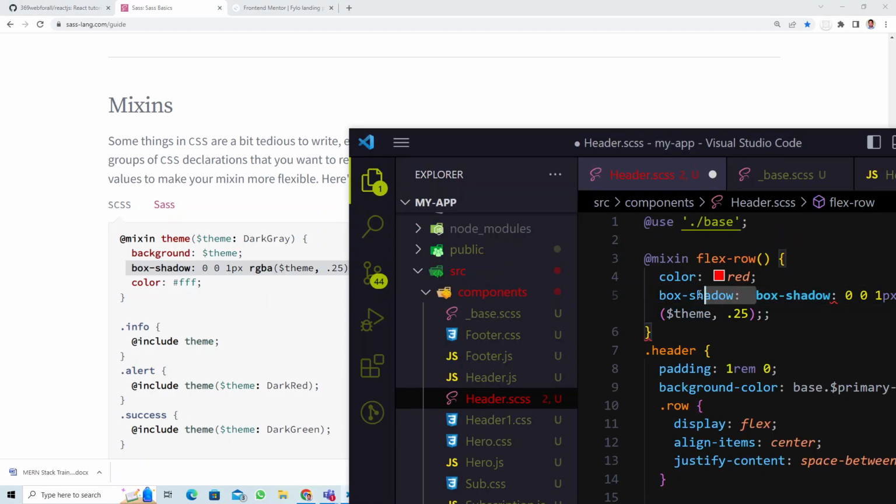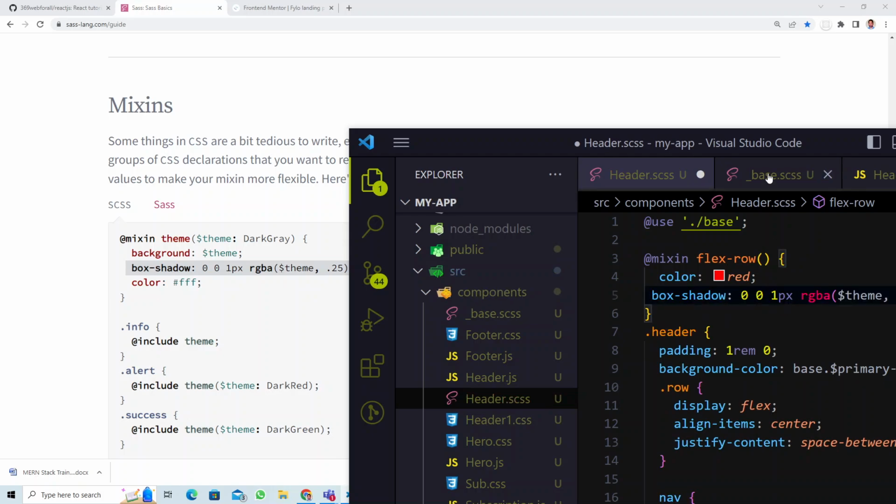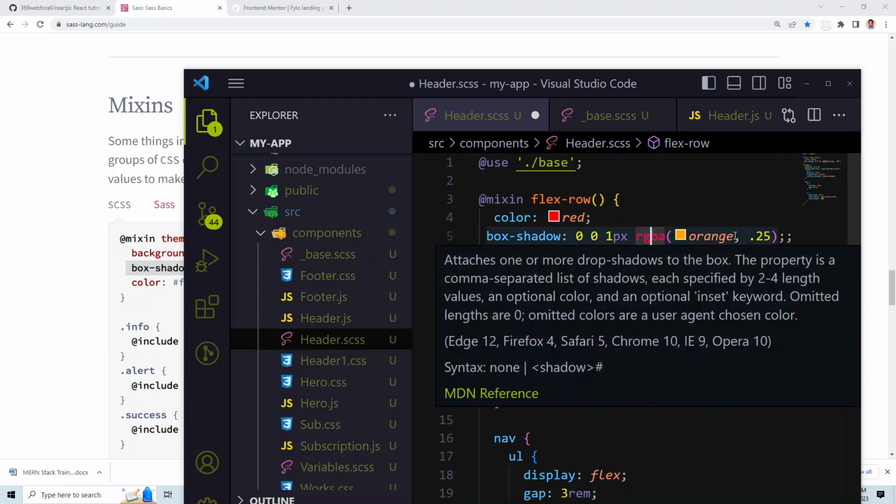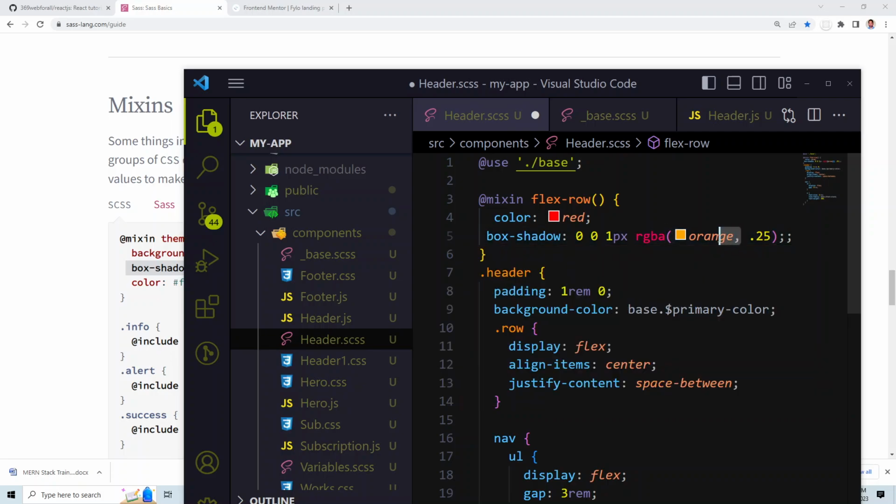Box shadow, delete that. All right, guys, so this is the shadow, but we don't have theme, right? So this will be color, correct? Maybe orange, like that. And this is opacity, right? RGBA, red, green, blue, alpha, right? So we must put some kind of RGBA value here, so that will be